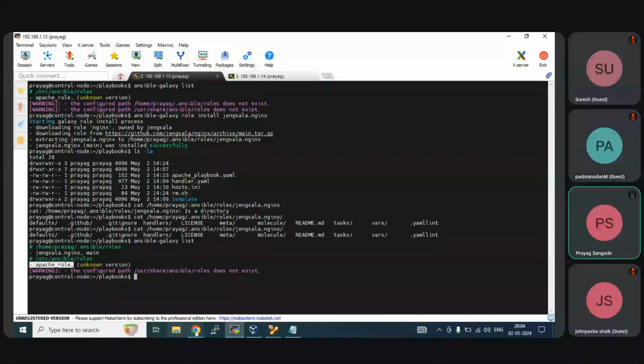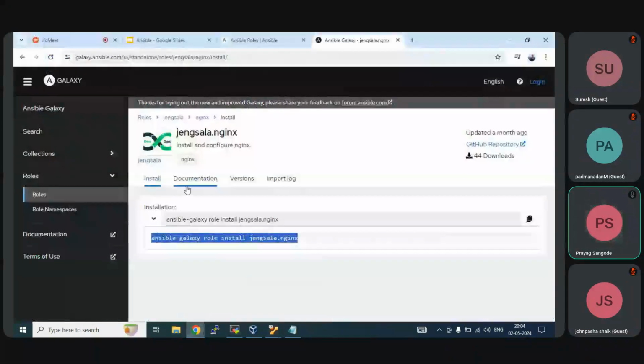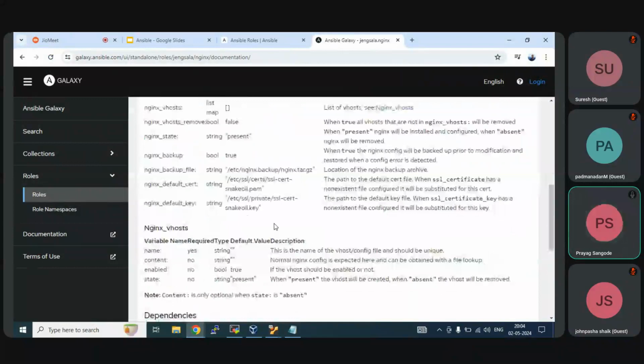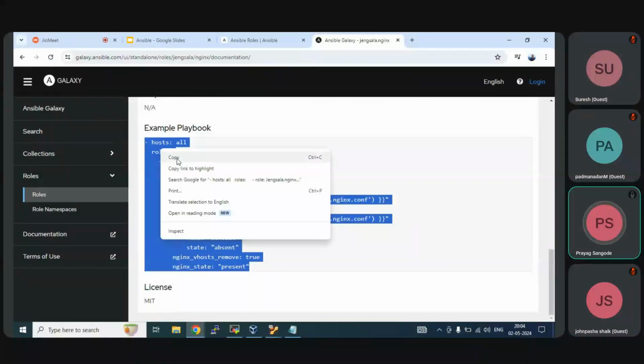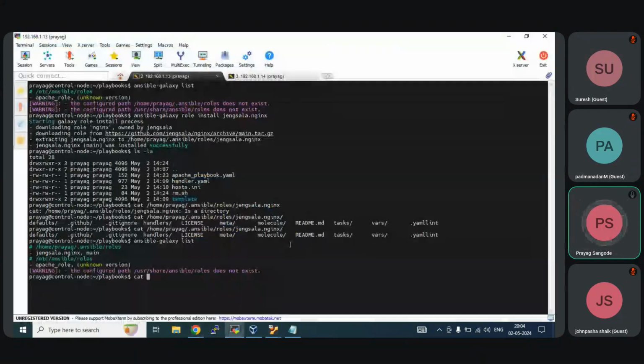Now to call that role, it's not guaranteed that it will run; it may or may not run. So we'll just copy this playbook and try to run it. cat nginx playbook .yml